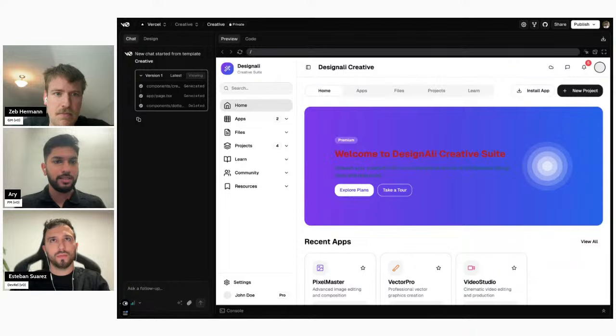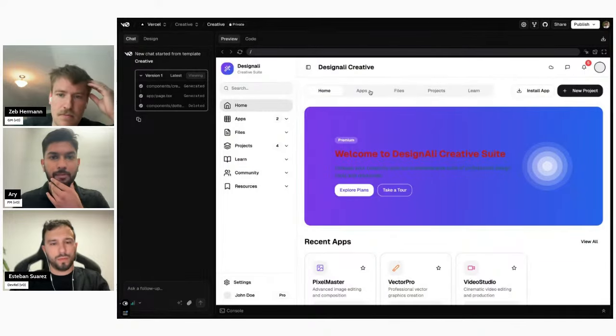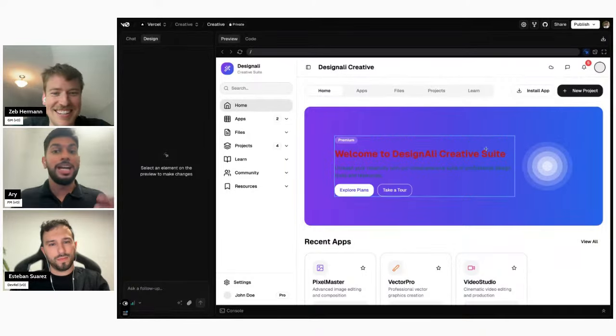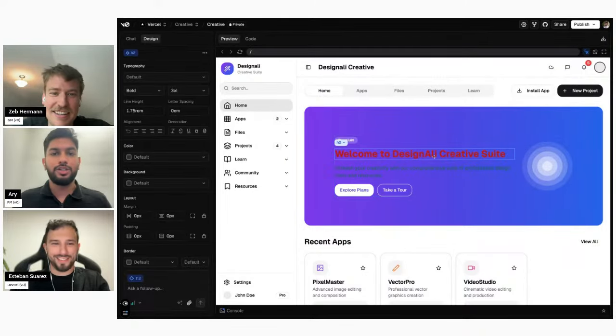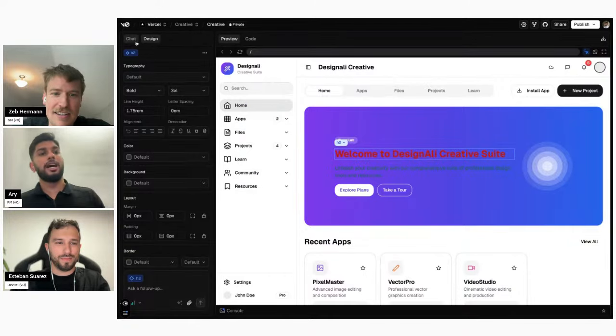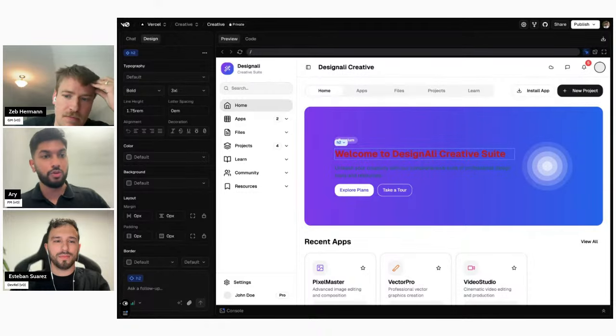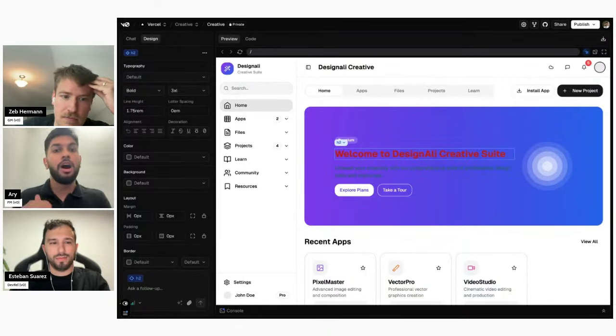You can see here we have this relatively good looking dashboard landing page setup with the obvious issue that this primary CTA banner is way too big and looks really bad. What you can now do is click into any of the elements that you see on the screen, and that'll take you into what we call design mode. Design mode gives you deterministic Figma-like controls that let you modify individual styles and properties on individual elements